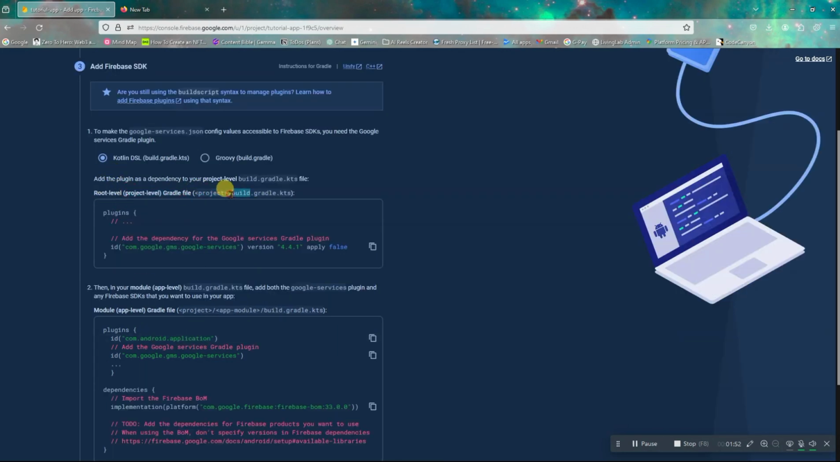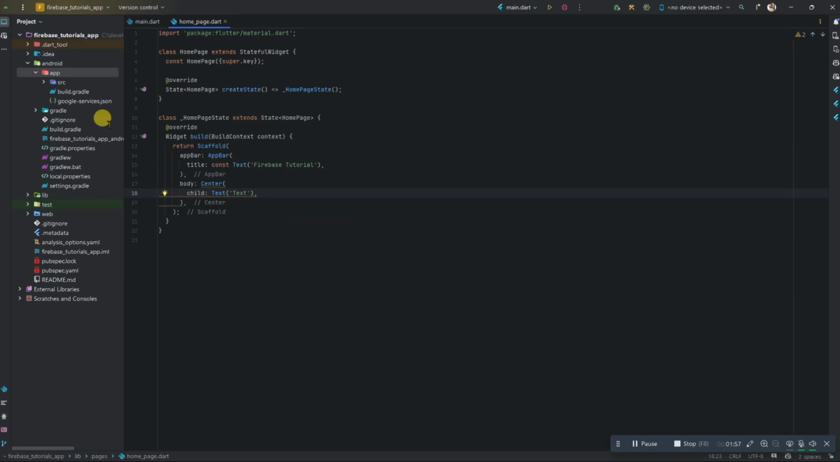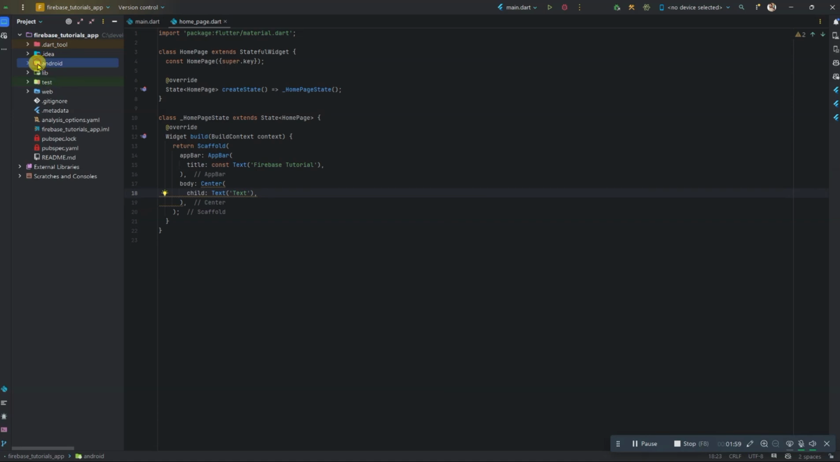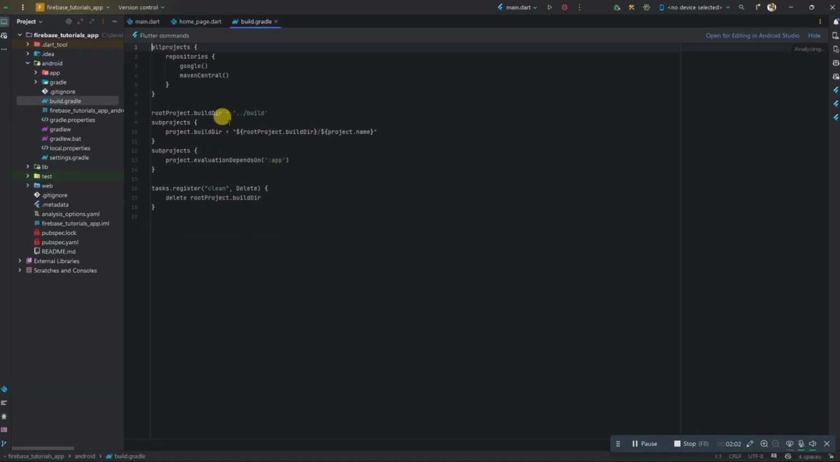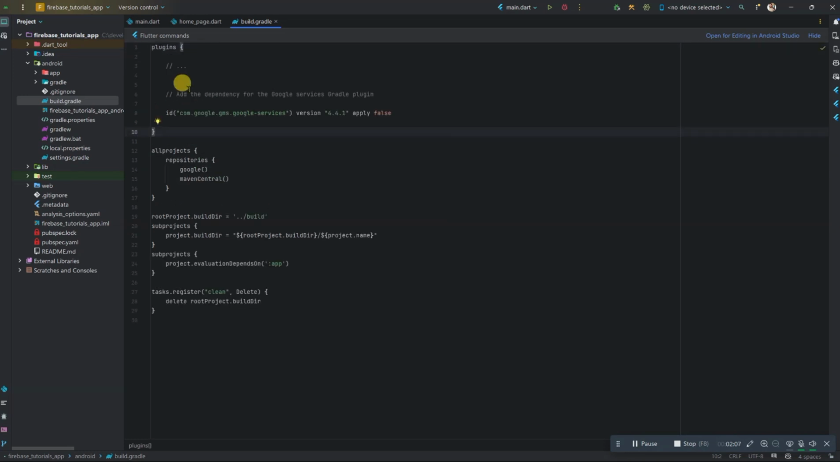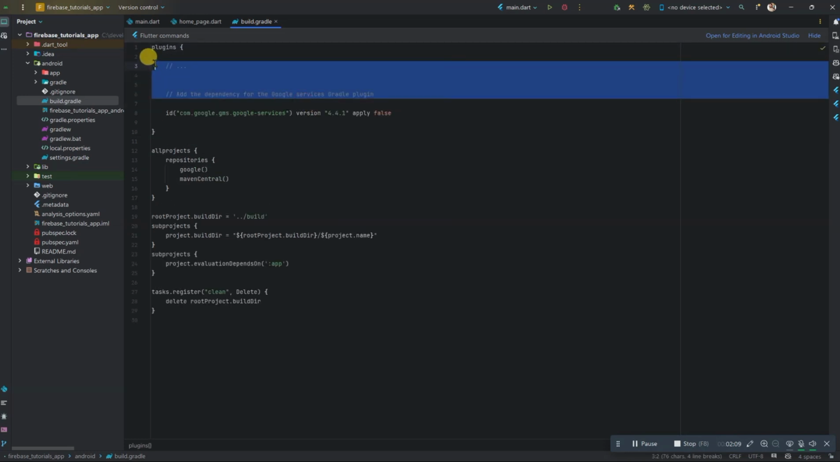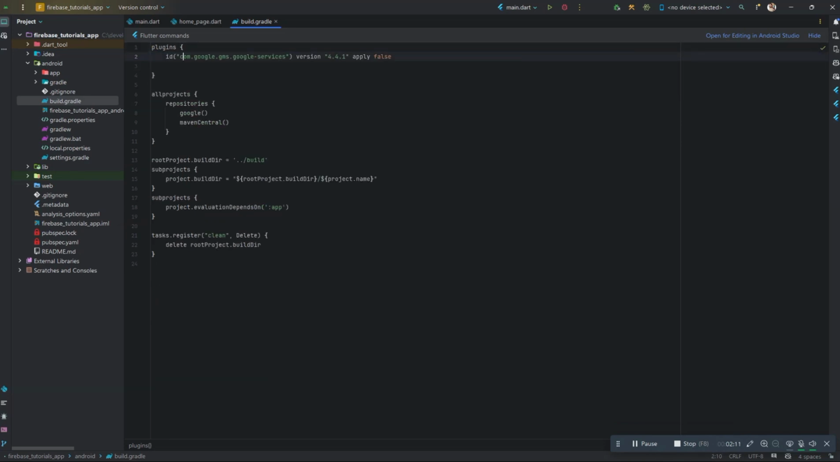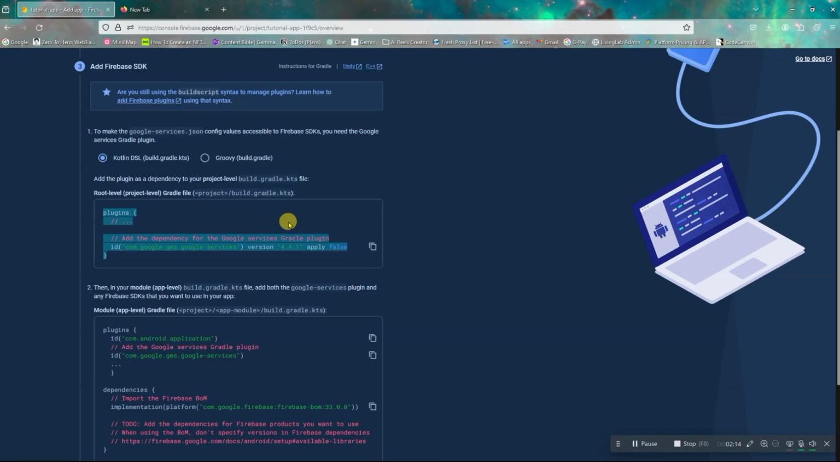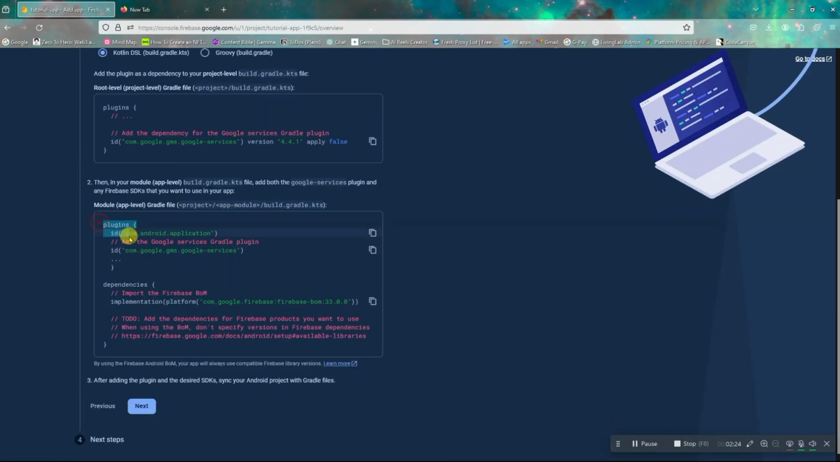Project level, so this is in the project level. Copy this and go to the app. Click on the Android build gradle and paste it here. Remove the unnecessary code. Now go to the Firebase and now copy this. Copy this plugin. This was just this line,